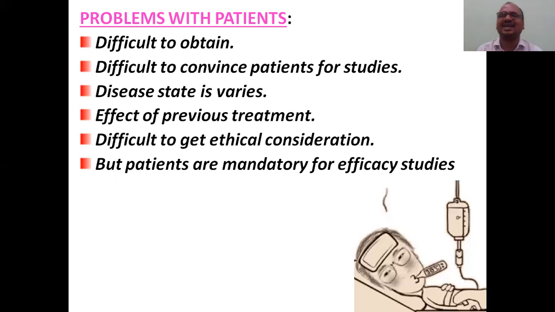It is also difficult to get ethical clearance. If you write a letter to the government saying you want cancer patients, even the government will not accept easily. You have to convince the patient, their parents, and the government. Very problematic, but it is mandatory. Keep in your mind, in a healthy person you cannot study efficacy because he is not suffering from the disease. Why would you unnecessarily give the drug to him for an efficacy study, when he does not have any fever?